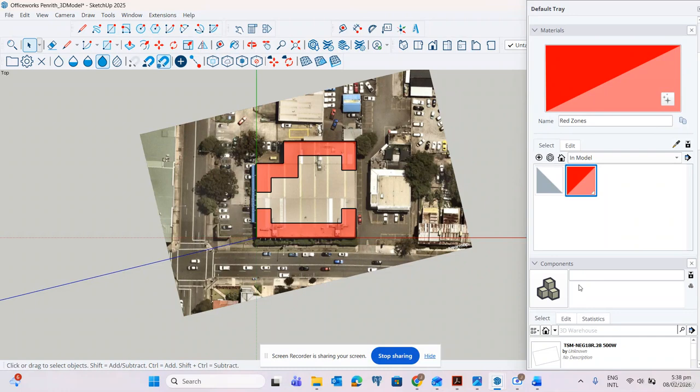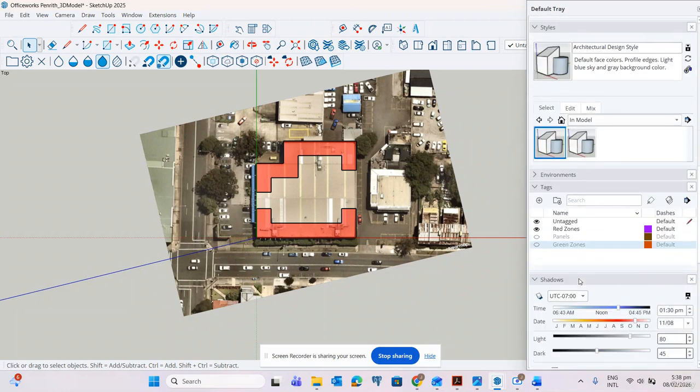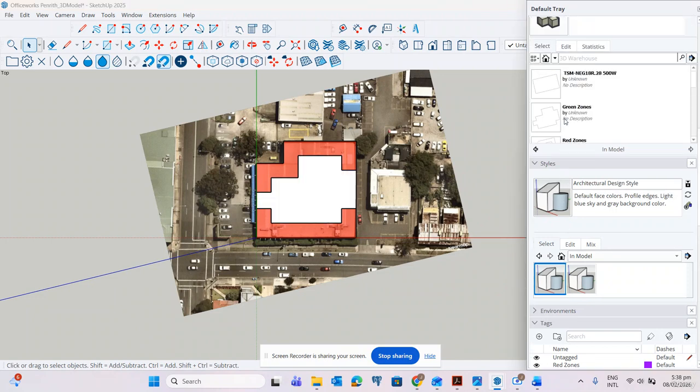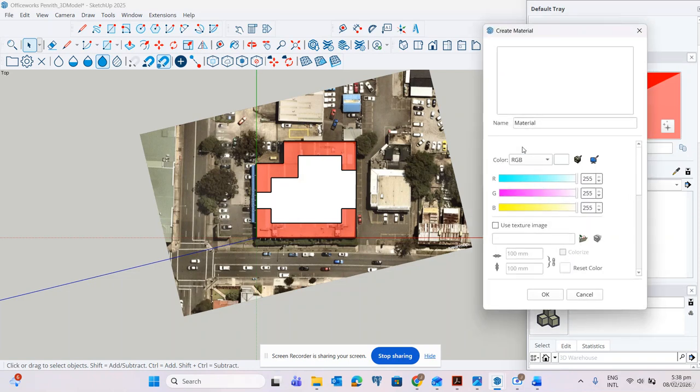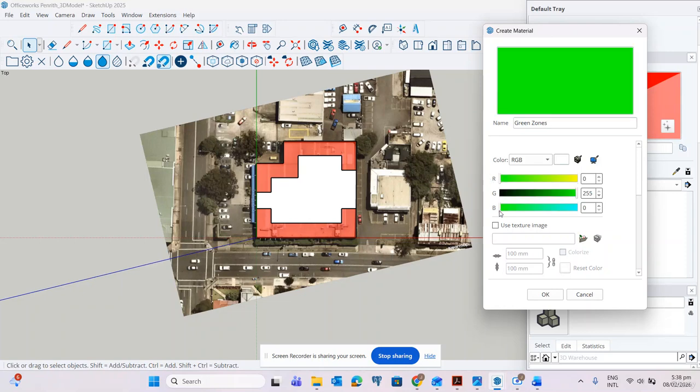We will go to tag and highlight and click the green zone, and then go back to material. We will add new. This time it is green zone. The RGB of green is 0 for red, 0 for blue, and then green.